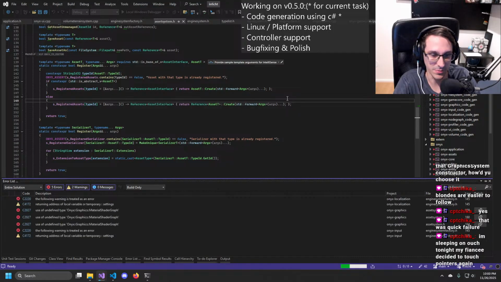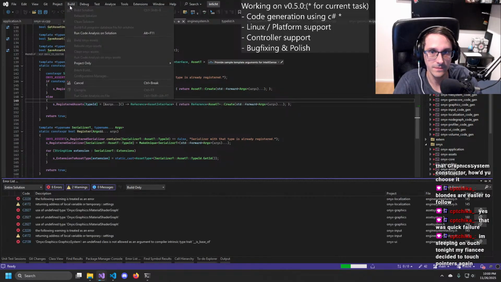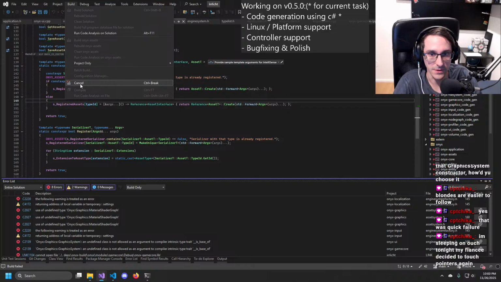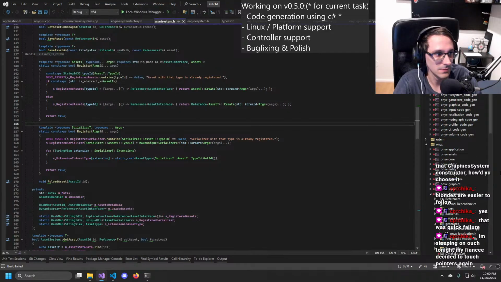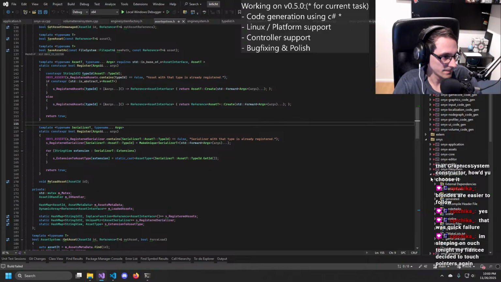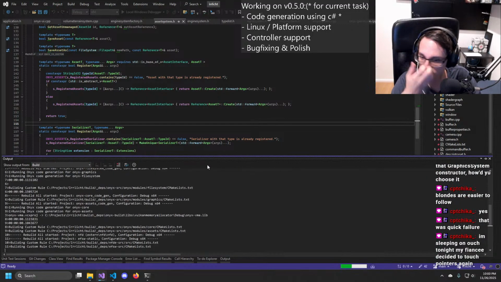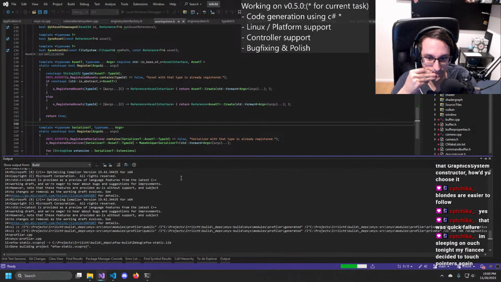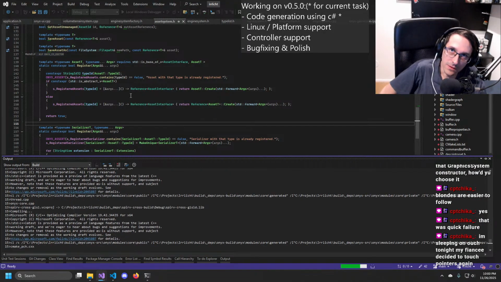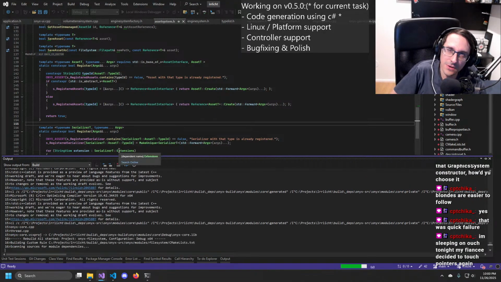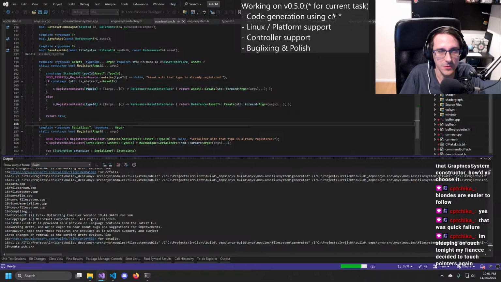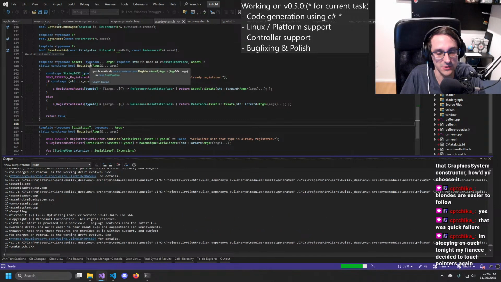Well, I need to probably rebuild. But yeah, then it will be in there. The code generation currently checks already if a type changed, so it will recompile and regenerate the code then.